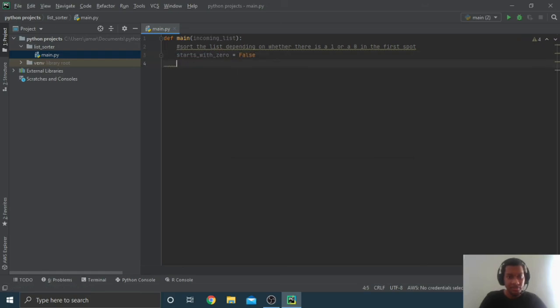And if incoming list of 0 is equal to 1, and it starts with 0, or starts with 0 should be true. Is equal to 1 and starts with 0 should be false. Okay, so now what we want to do is we want to actually iterate through the list and swap depending on whether the first index is a 0 and the second index is a 1 and vice versa. So